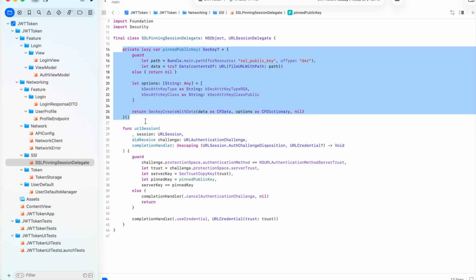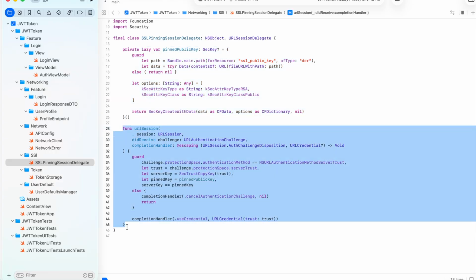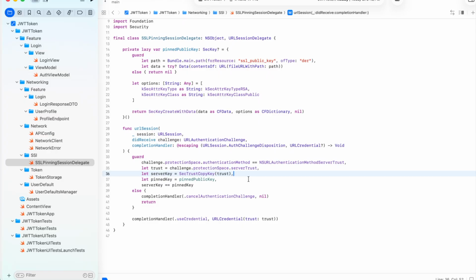Now you will get your public key. This will return you the public key. Now there is the main function which is handling and showing the errors if it is not a trusted party, and if it is a trusted client, then it will pass it as a true value, or as a trusted value. So what we are doing here is comparing our server key with the public key we are getting from the certificate,